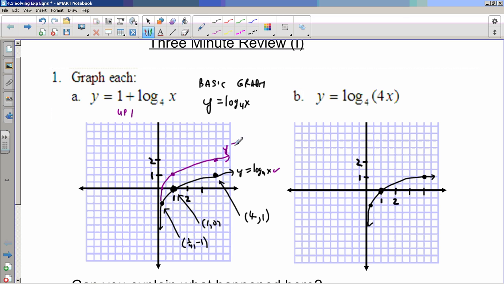And this is y equals 1 plus, but we could write it the other way. I think I wrote it this way so we didn't get confused that the 1 was in with the x. This was a vertical translation up 1. Rather than this one, which is one of these hard ones, right? When I've got a factor of 4 in with the x, it's the opposite of what we think. So this is a horizontal compression